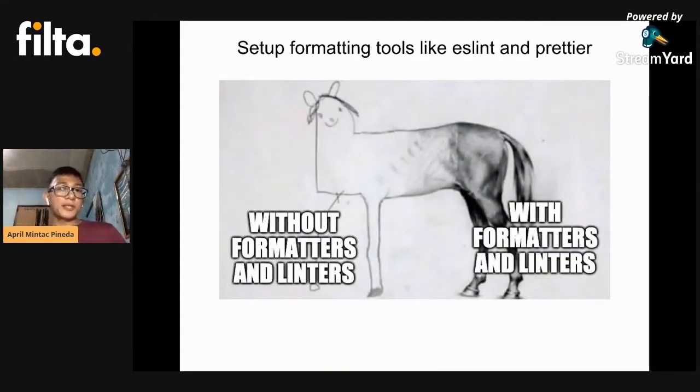So set up formatting tools like ESLint and Prettier. They are actually good things to enforce coding standards in your environment. When you don't use these things, you give way for developers to neglect following the rules and the coding standards. Another thing that you can add here is PR reviews, pull request reviews.